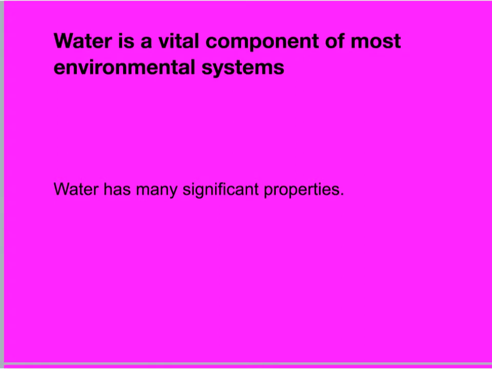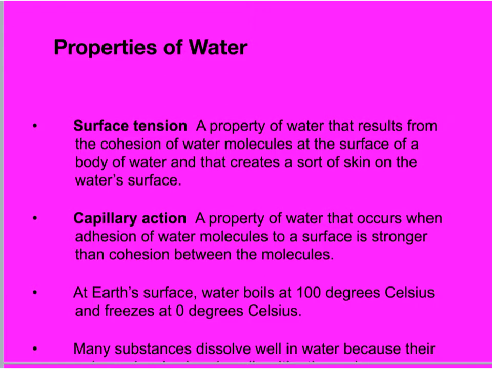And it's not just surface tension, but water has a lot of significant properties in interacting with not only the biotic process that goes on in life, but also the abiotic process as well. So to give you the big grown-up version of what surface tension means, it is a property of water that results from the cohesion of the water molecules at the surface of the body of water, and it creates kind of like a skin, which is kind of a bad term, but like a skin on the surface of the water. A strong cohesion. One of the cool things that it also will do is a capillary action, and you